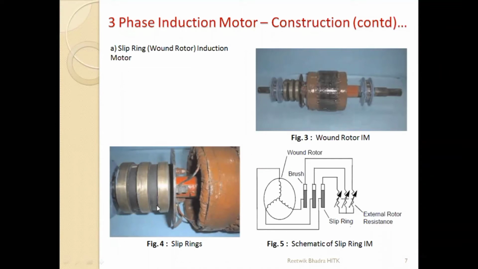This connection is done like this. We have three-phase windings, then those windings are connected to the slip rings. Through the brushes, external contacts are made through the resistors. These resistors are used for many things, we'll discuss it. Generally these resistors are used for speed control and torque control. If we change the torque, we can change the current also. Starting current can be reduced if resistors are connected. So this is used for torque, speed and current control. This is a basic slip ring induction motor which employs slip rings and brushes to make connection with the external resistances.